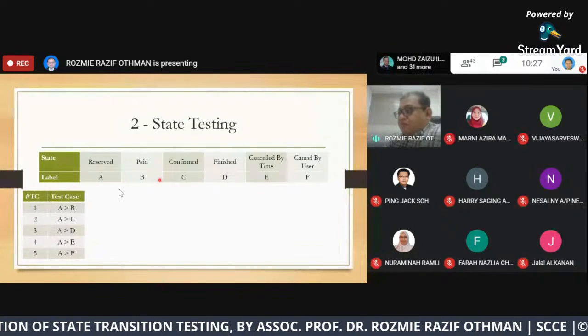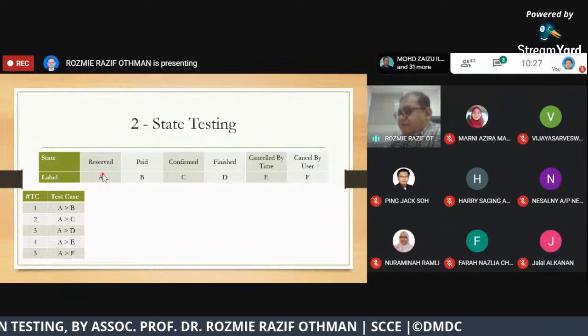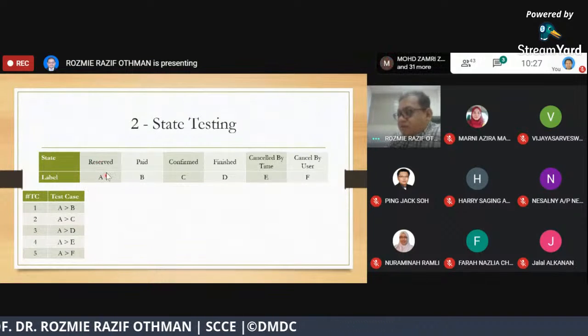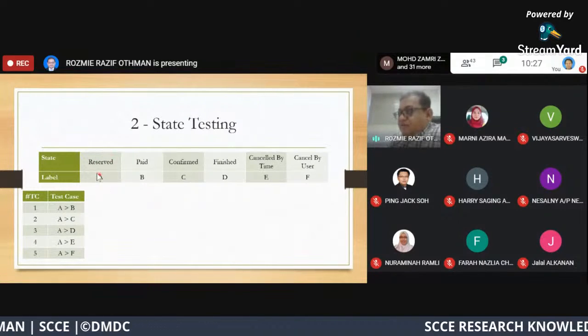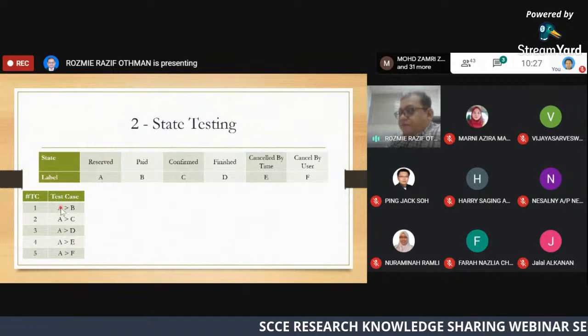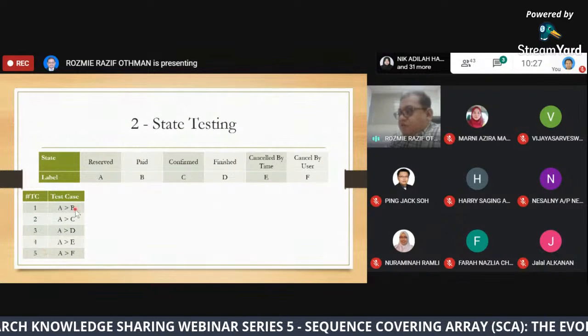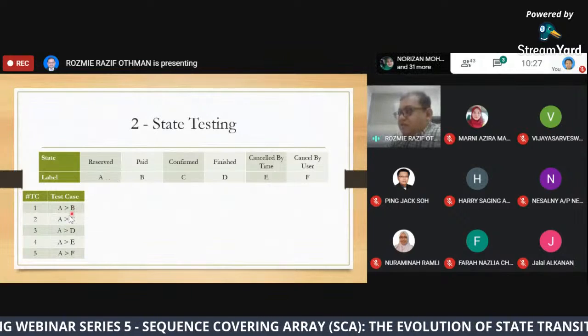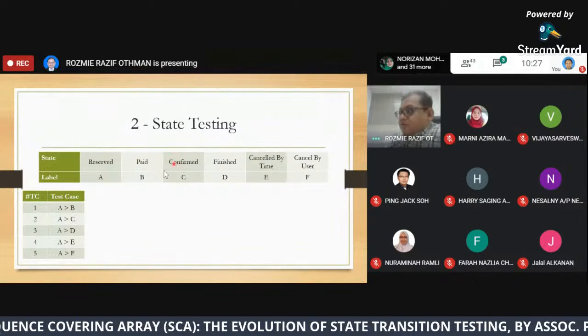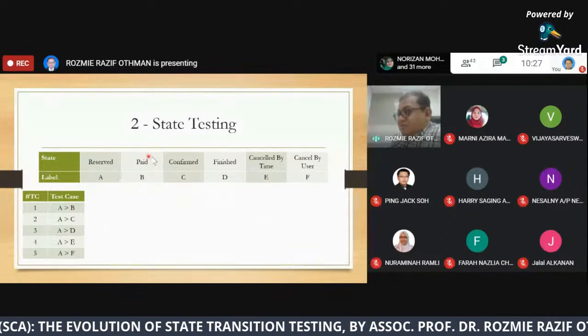For the reserved state, or we can call it state A, we may have 5 tests. A go to B, A go to C, which is an invalid test. Sorry, A go to C is valid.